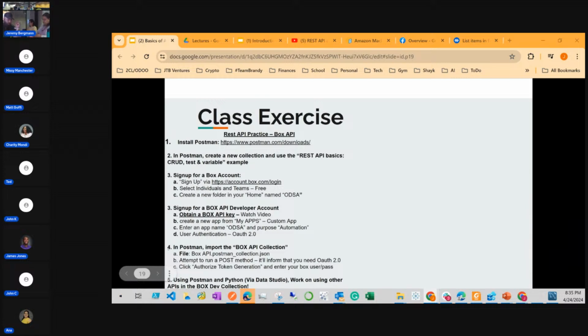Okay. So for the class exercises tonight, have everyone install the Postman app first. You can go to postman.com and downloads. They will have